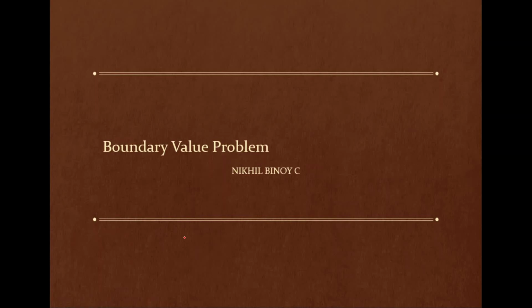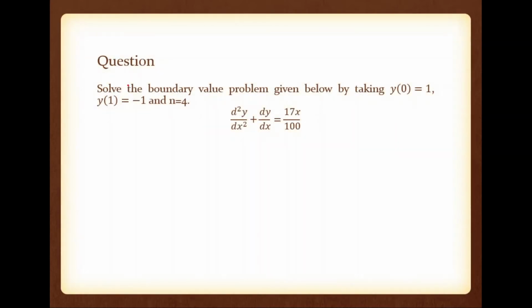Students, now we are discussing the fifth assignment questions. One question is related to a boundary value problem, and this is the question. Solve the boundary value problem given below by taking y of 0 equal to 1, y of 1 equal to minus 1, and n equal to 4, where the differential equation is d square y by dx square plus dy by dx equal to